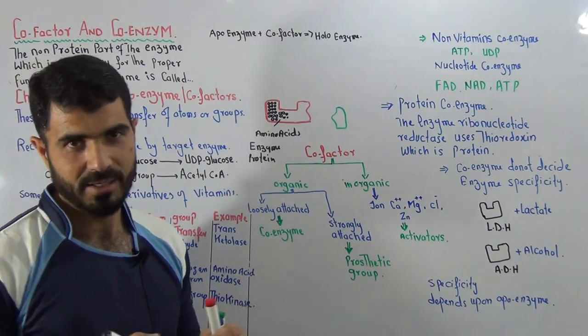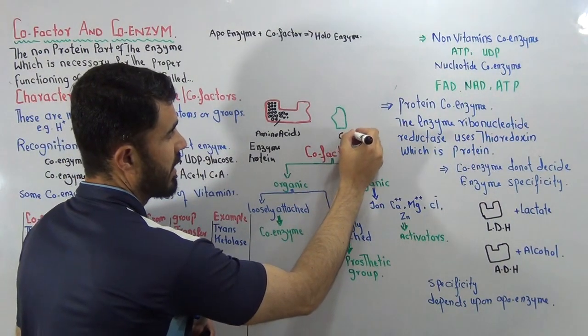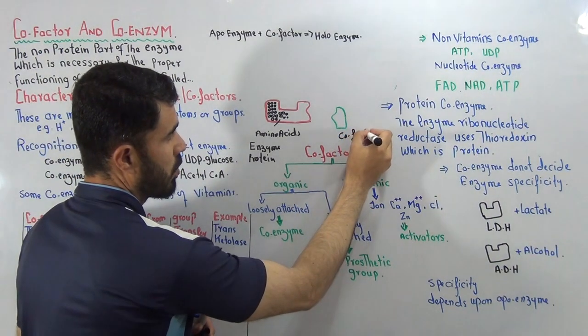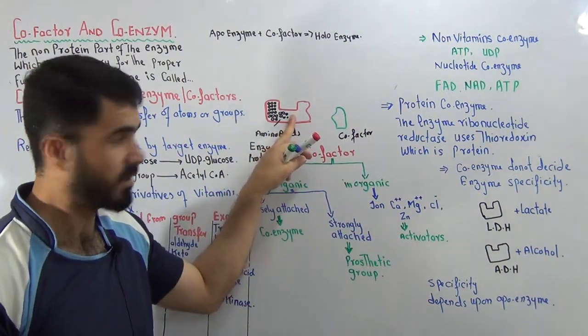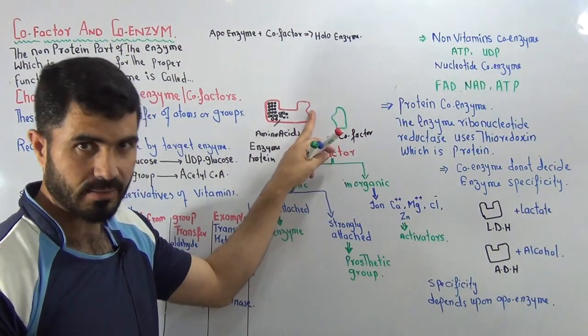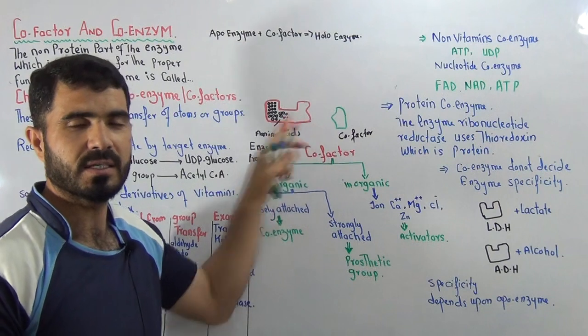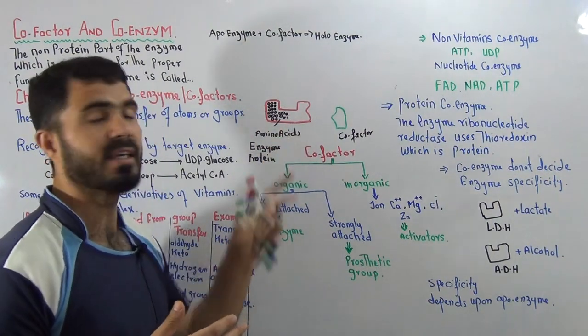Co means friend. This enzyme is waiting for the cofactor. Once the cofactor attaches to the enzyme, the enzyme becomes complete and can start its